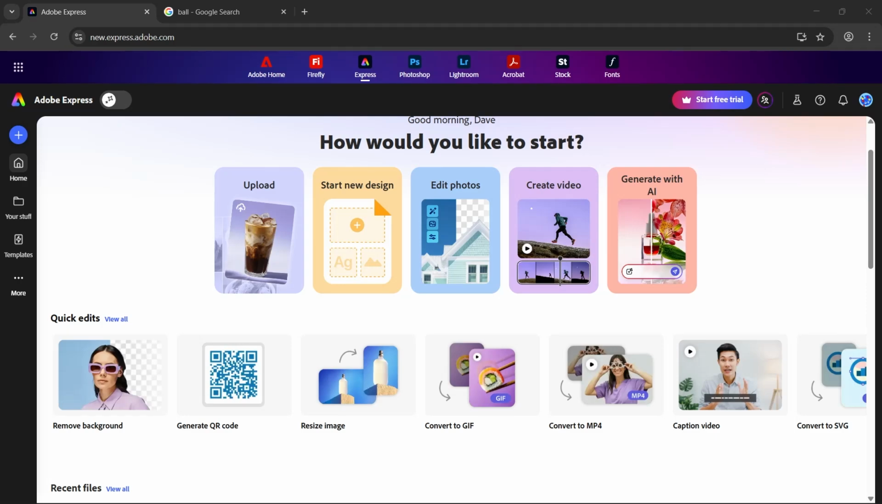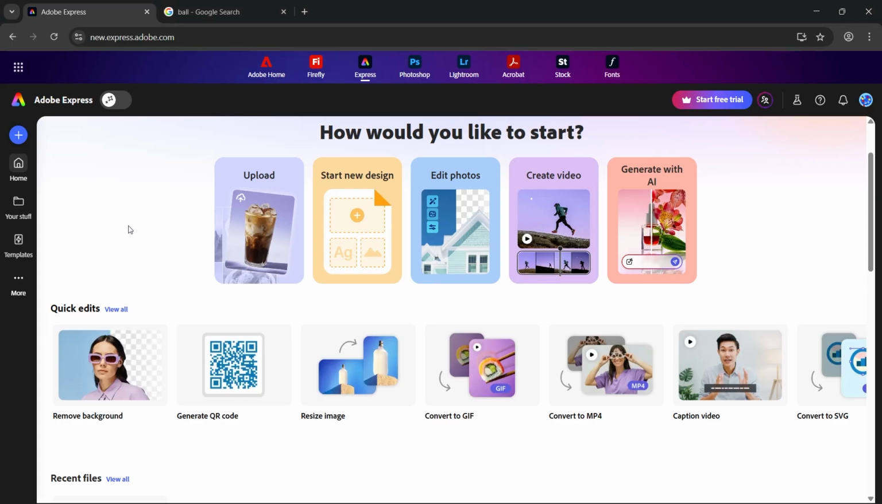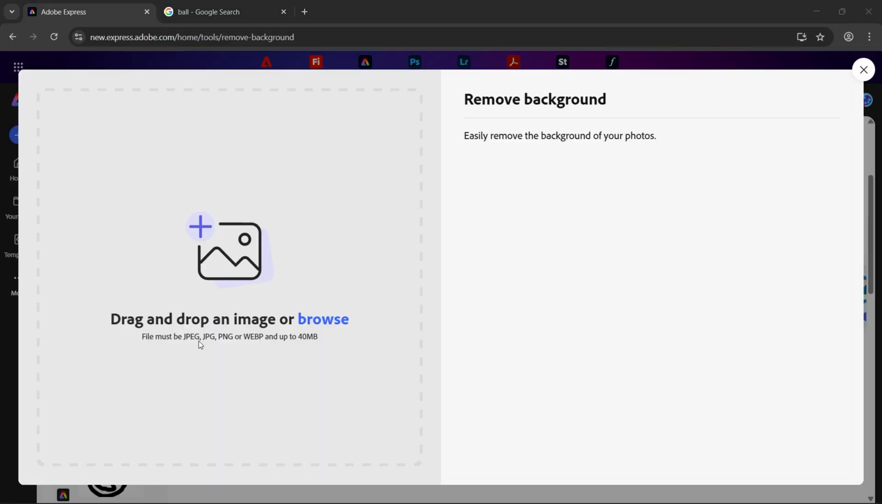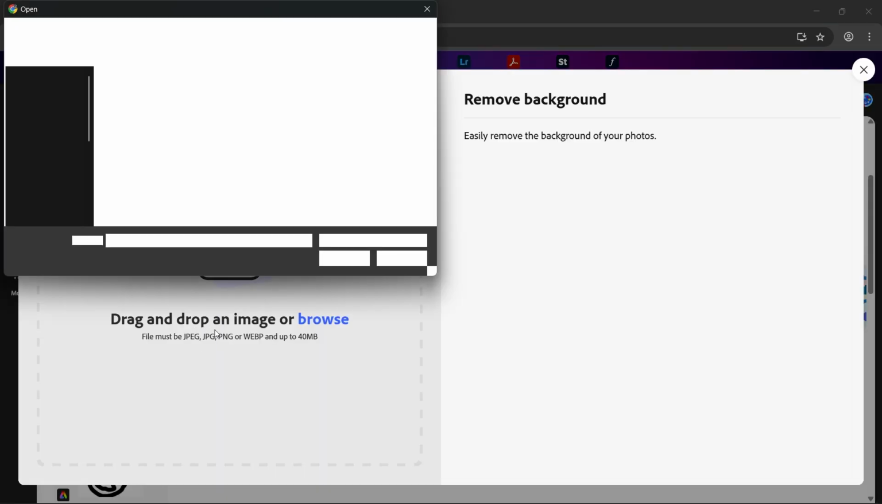Hey guys, in this video I'm going to show you how to remove background from an image here in Adobe Express. Now the best way for us to do this is by heading over to Adobe Express, and you should be able to see here remove background. I'm going to go ahead and click this one right here,